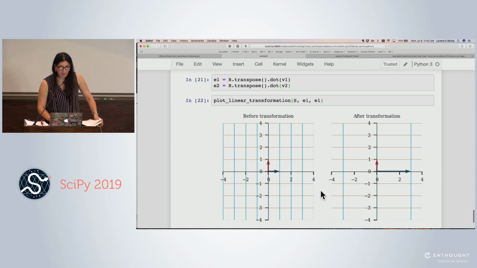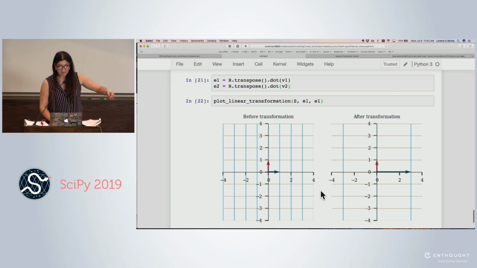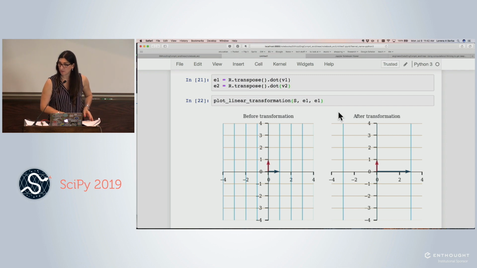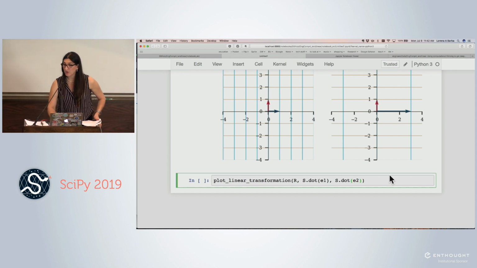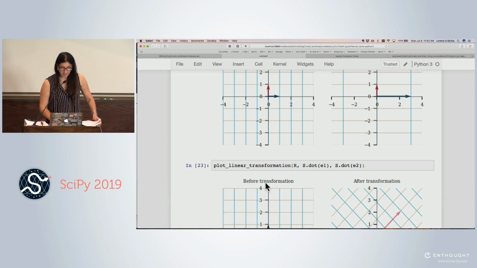Now you see that the transformation S, which is a scaling by 3 in the x direction and by 1 in the y direction, has stretched these vectors, E1 and E2, which are eigenvectors. Now I can see the final step, which is plot. I'm not going to save them, I'm just going to feed them into the function plot linear transformation. I'm going to feed R, the final rotation, and the two vectors that I want to plot are the scaling applied to E1 and the scaling applied to E2. So I am doing the transformation of E1 and E2 by the scaling right on this line here. And I can plot this, and I see now,